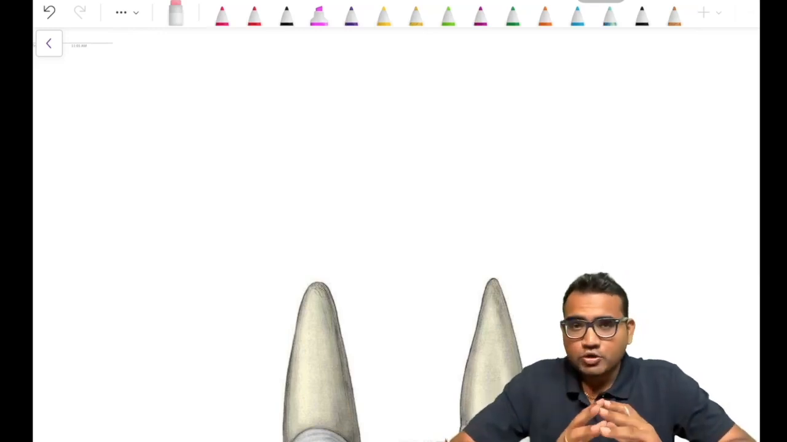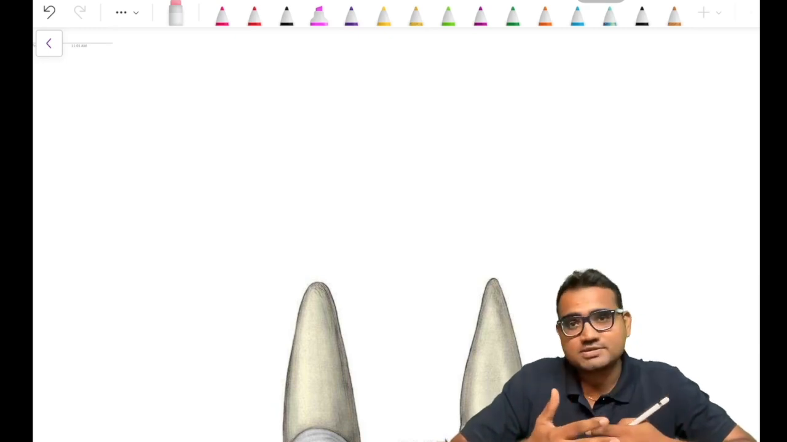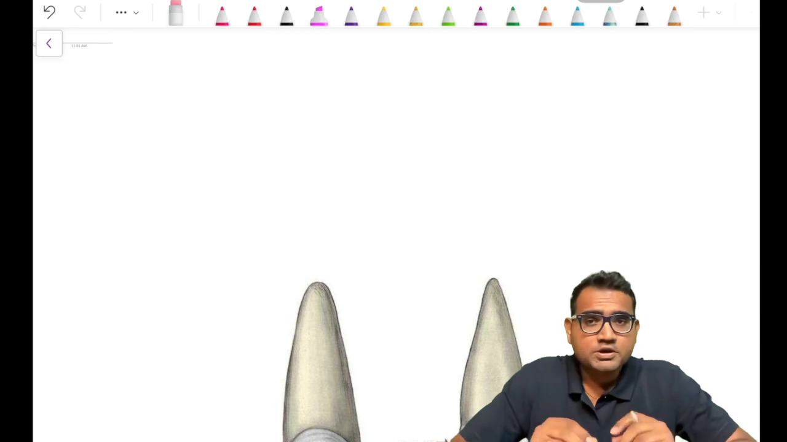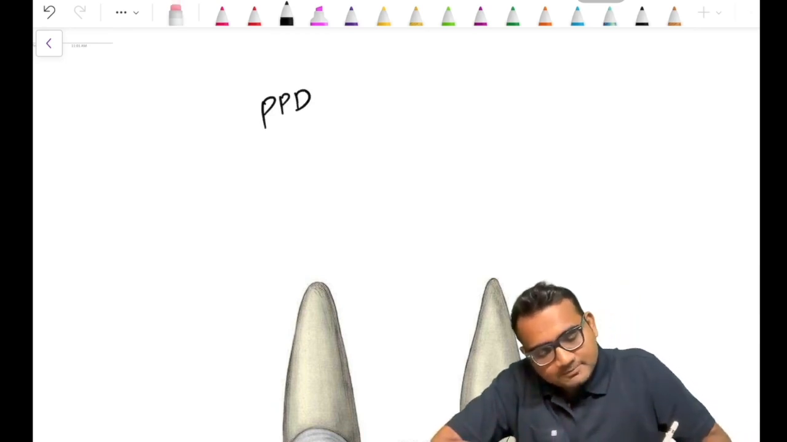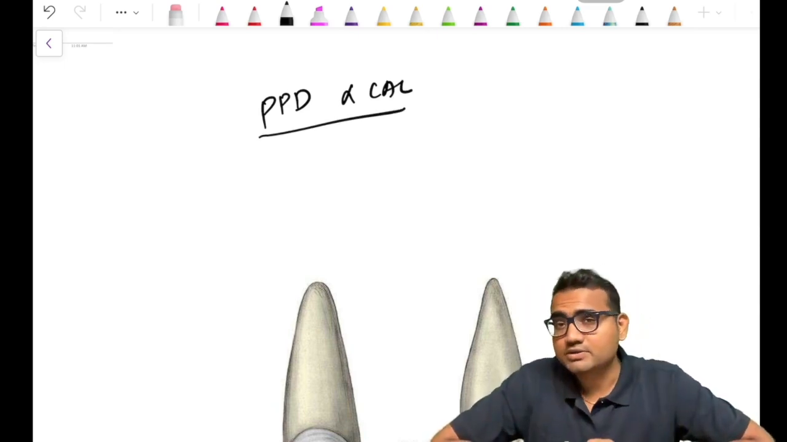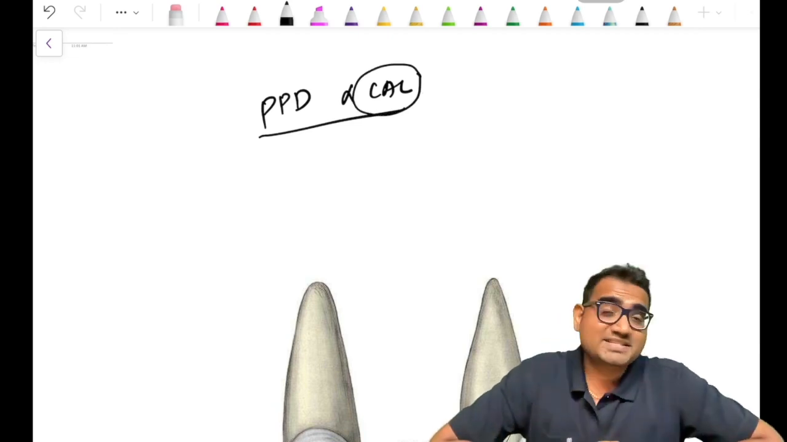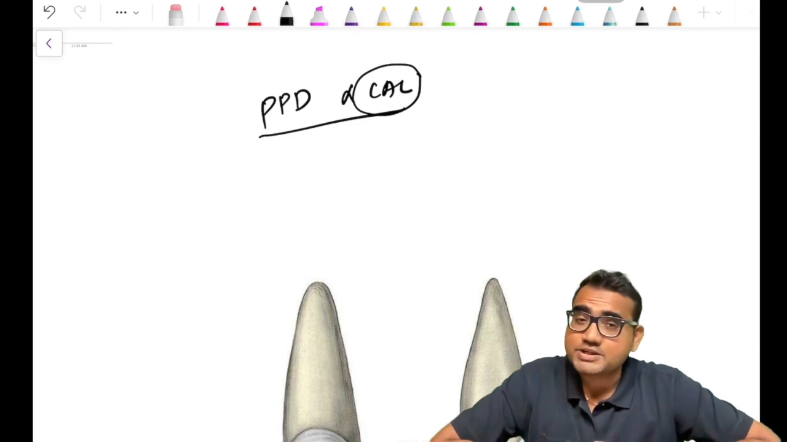So today I'm going to talk about a very confusing topic, be it for third years, final years, interns, postgraduates, sometimes even for the staff. Okay. So today I'm going to talk about what is called PPD and CAL. Okay. Periodontal probing depth and clinical attachment loss. See, to be specific, this CAL itself can be termed as clinical attachment level